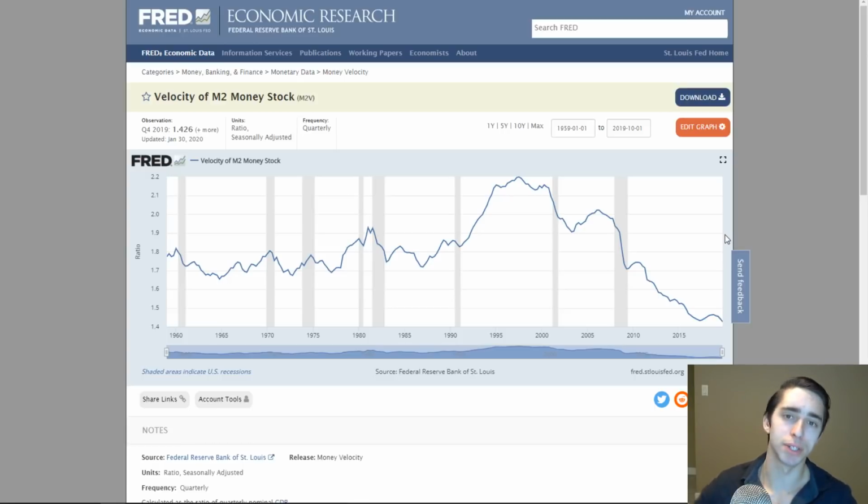So what does this tell us? We have to really think about it here. What does this tell us about where the money's flowing? That's a very important question to ask. If it's not going into the hands of everyday people, who spend pretty much every dollar they have, and probably take out credit or debt to spend even more, then where's the money going? Well, the money's going into asset markets.